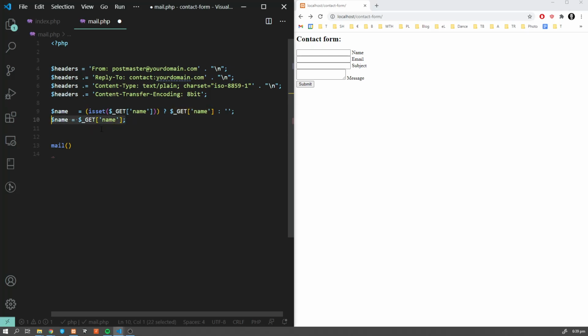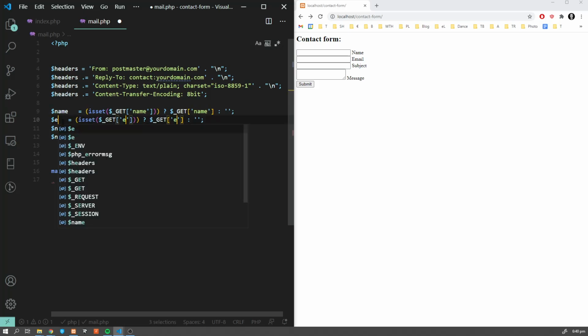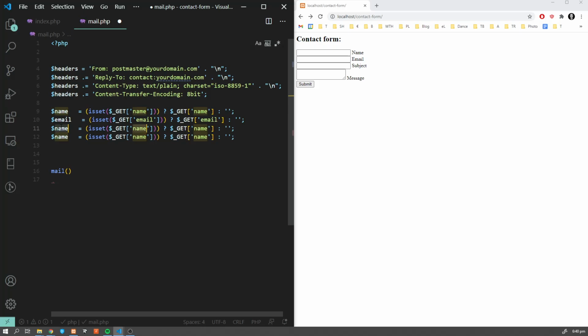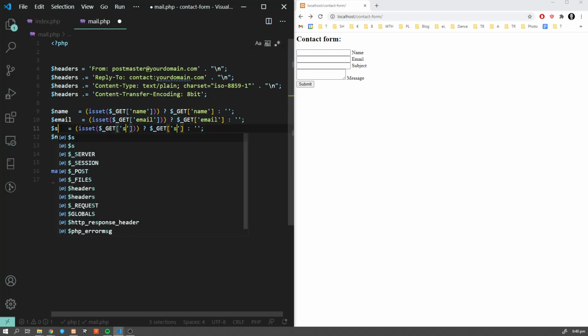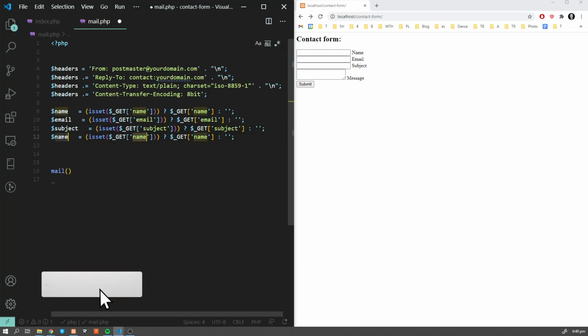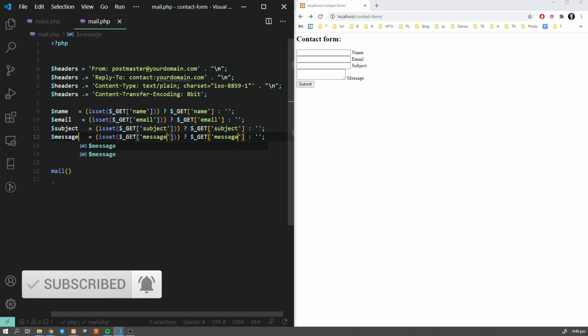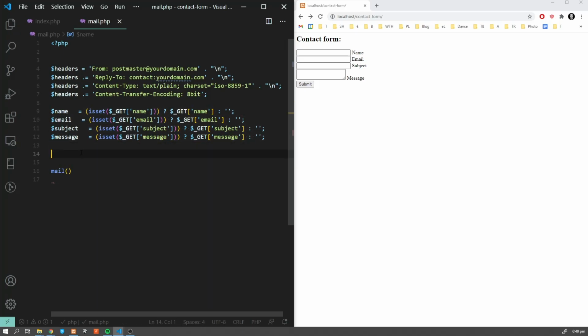So since we don't have validation on front, which we're gonna learn how to do in the other tutorial, which we're gonna create very soon for you, we will do this trick, which will save us from this kind of mistakes. And obviously we want to have this one for email, subject, and message. Okay, so now we have these variables here.